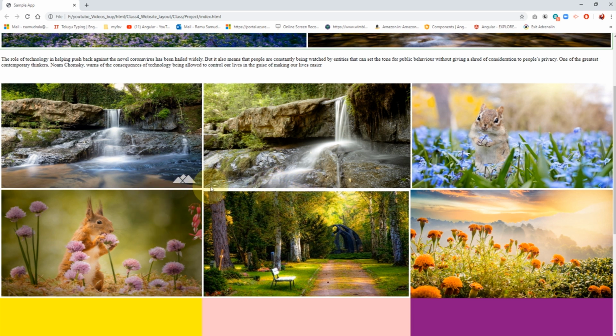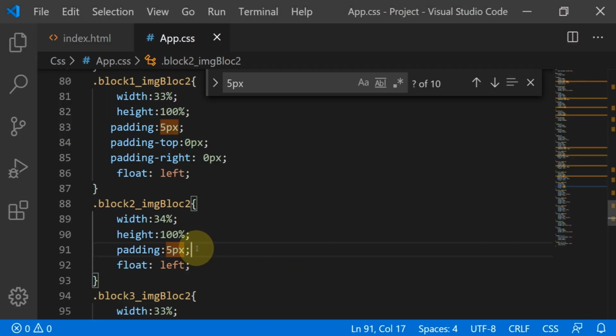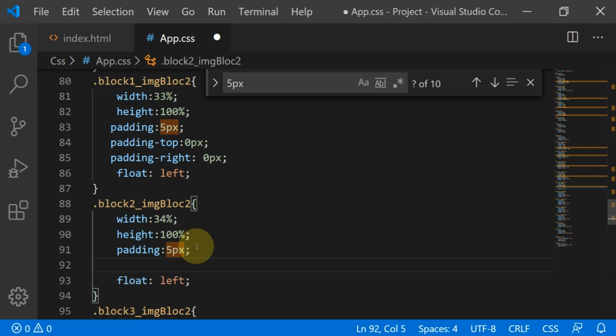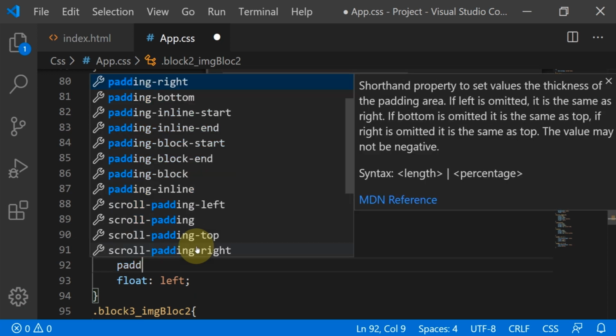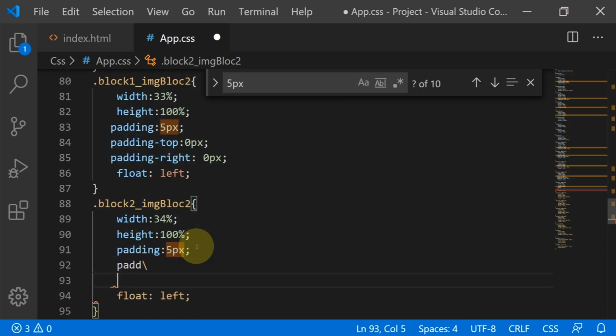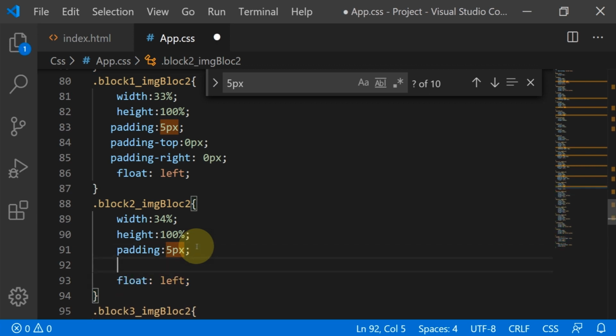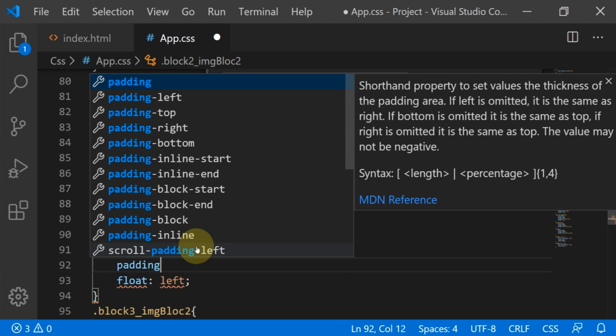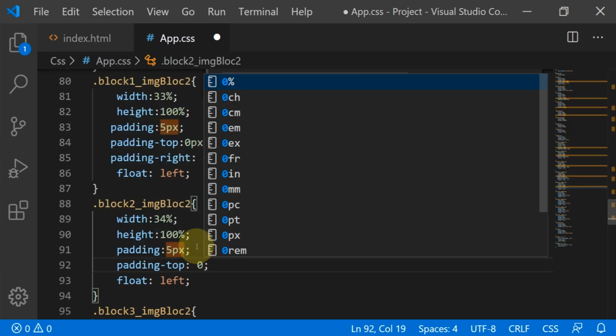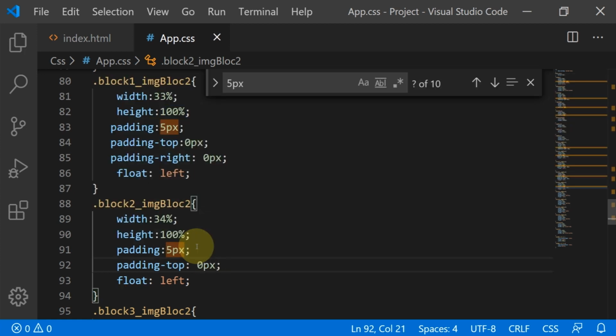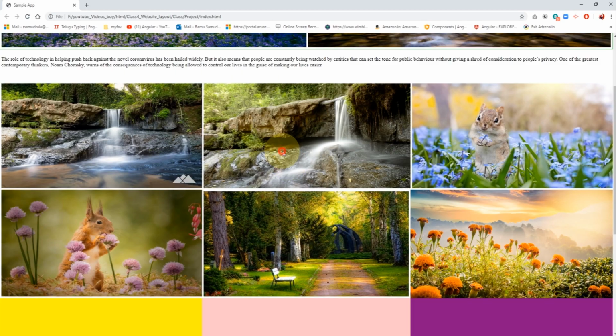For that, top side extra padding is applied, so we have to remove that one, padding top, padding top 0 pixel. Then let's see.